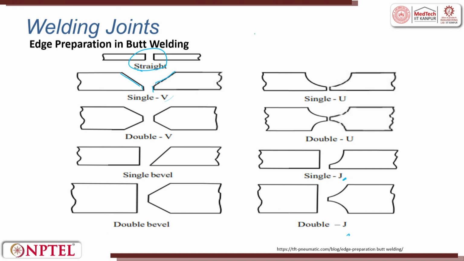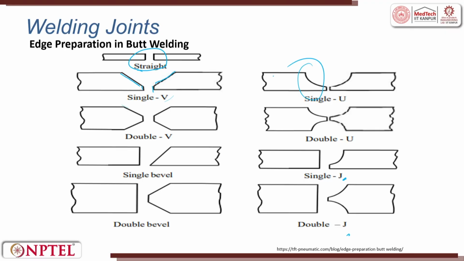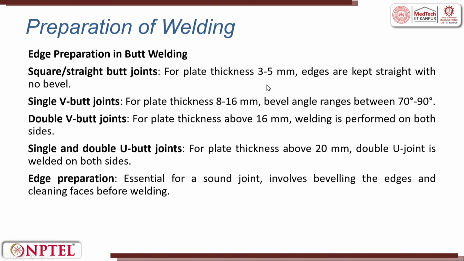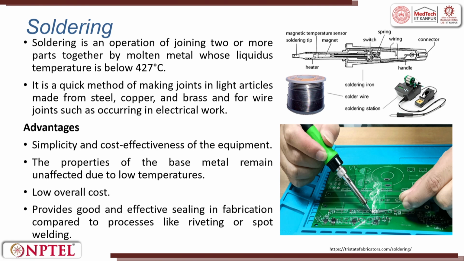All these things are done in the edges. You have a flat plate, so we do edge preparation and then we try to get this surface. Edge preparation is very important. What you see here is only joints, but between the surface plates you have to do this edge preparation. You can have square edge, single V, double V, single and double U edge preparation.